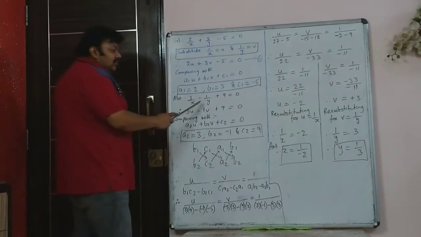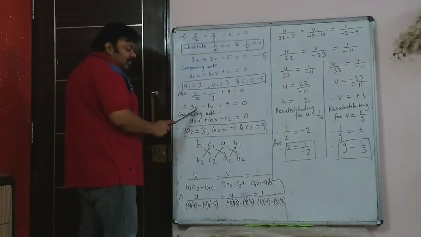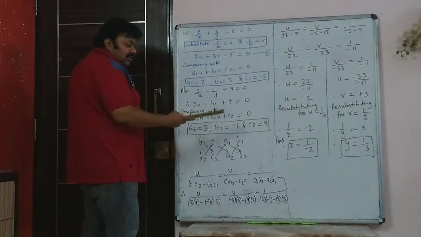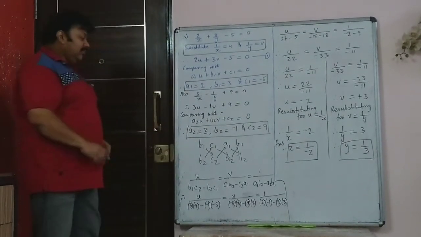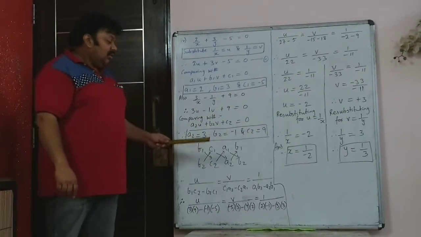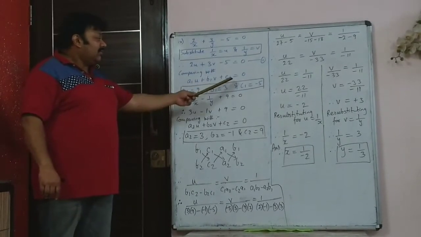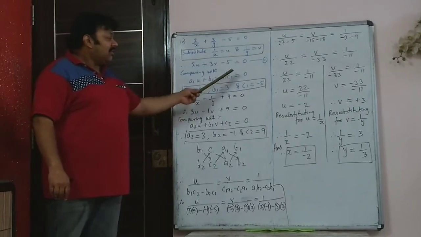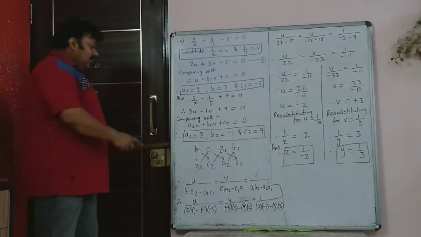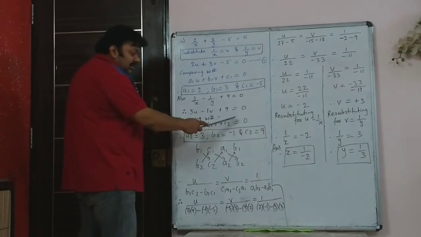Same way the second equation also I have to write it as equal to 0. So 3 by x, instead of 1 by x we wrote u, and instead of 1 by y we wrote v, so minus 1v or just minus v, plus 9 is 0. So now you compare it with a2u plus b2v plus c2 is 0. Usually when the expression was in terms of x and y, we wrote comparing with a1x plus b1y plus c1 is 0. But now the expression is with respect to u and v, so write that. So here a2 is 3, b2 is minus 1 and c2 is 9.